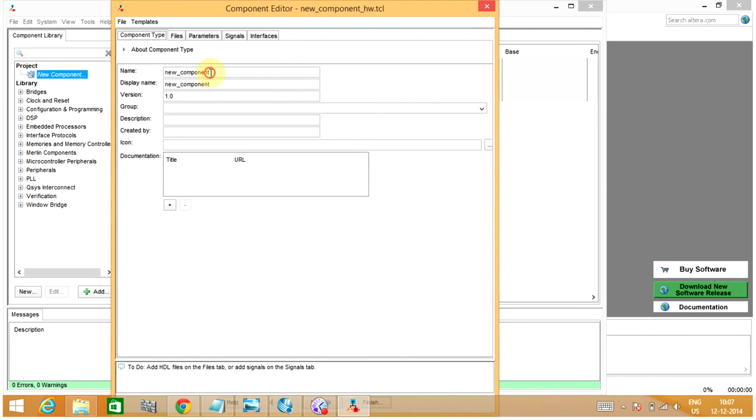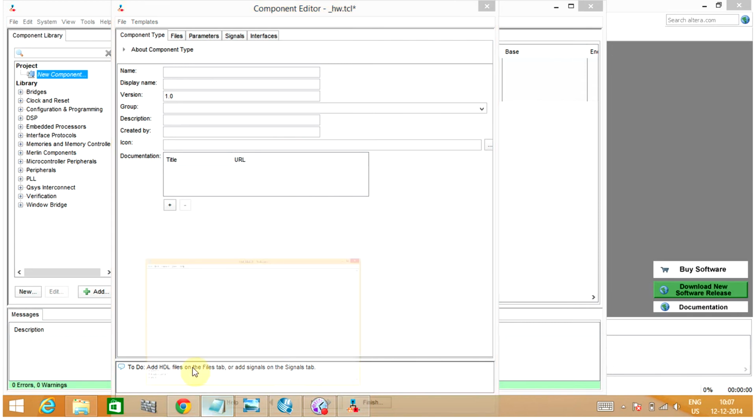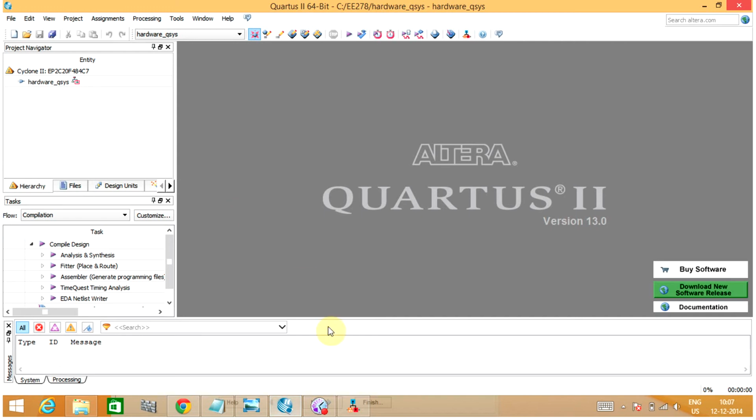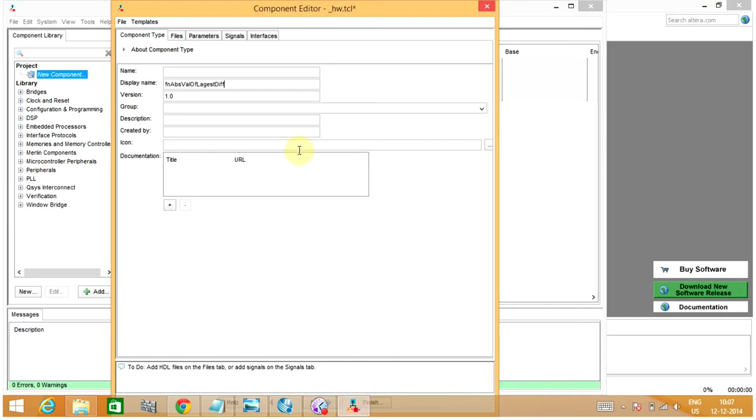Here you need to give the name for the component and the display name. I'll be keeping it the same. I like to keep all my components in one group. So you could give a component name.